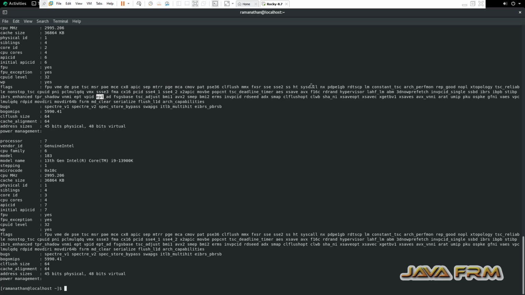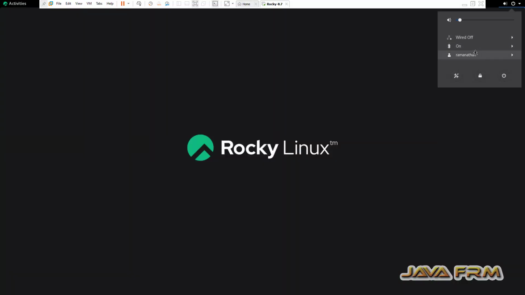Okay, so after enabling in VMware Workstation, I am able to see that the VMX and EPT flags are enabled. So this is one of the ways you can check whether the nested virtualization feature is enabled in your virtual machine or not. Okay, so